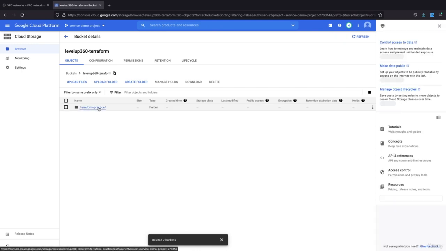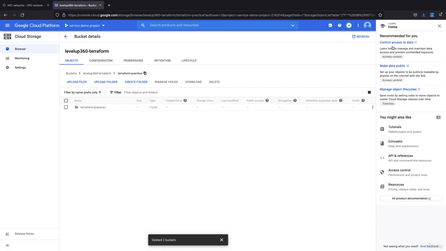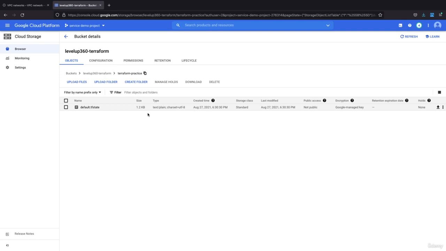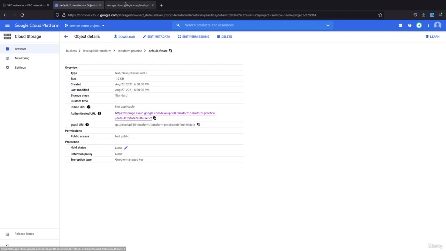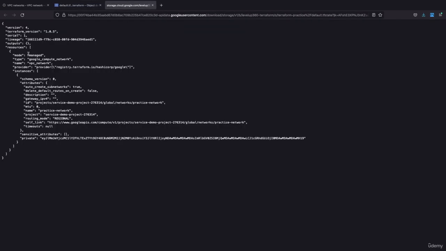We will go to the directory terraform-practice, and within this directory you can see we are getting default.tfstate. The file size is 1.2 KB. So you need to click this link and you can see this is the file that we are getting, right? This is version 4, this is the lineage, and this is the provider and all the data regarding